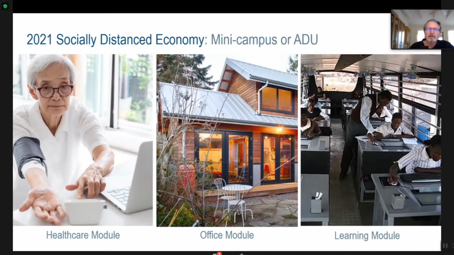And then learning modules. I think that, in my family, we decided to homeschool about 2 years ago. Well, it's turned out to be good for my daughter because now all of her friends are being homeschooled and she doesn't feel that it's different. But the first thing we noticed in homeschooling was these pods forming where you would get together with other families. And so if you needed to cover science topics or specialty topics, we would do that as a group. And then the math and reading we could do ourselves directly.